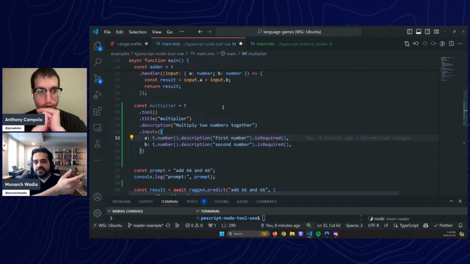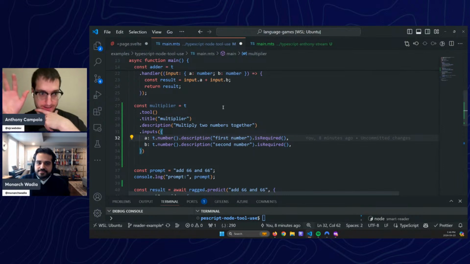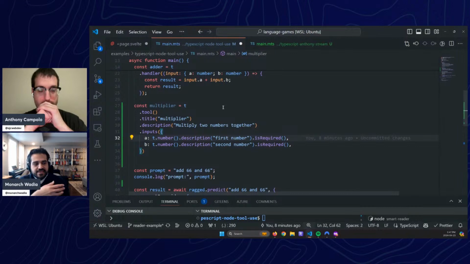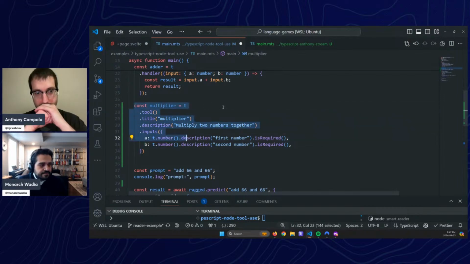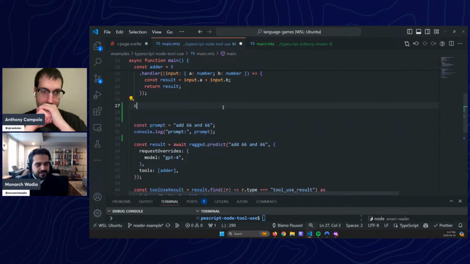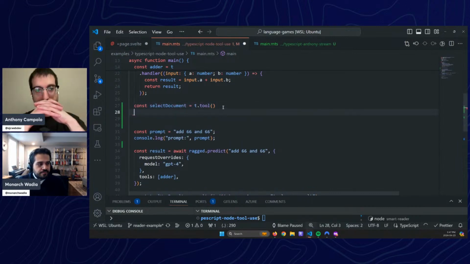So you would provide the documents in context, and then the AI. This would be more like the embedding layer, right? Exactly. So if you wanted to generate embeddings, then maybe you could ask the AI to generate an embedding over here. Maybe an example would be, let's say you had documents, just a fictional example, select document equals t.tool, and